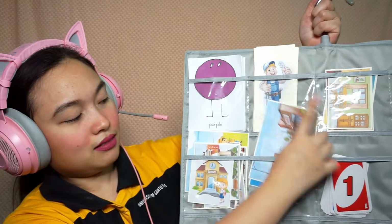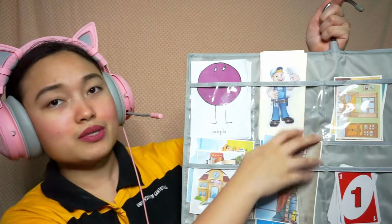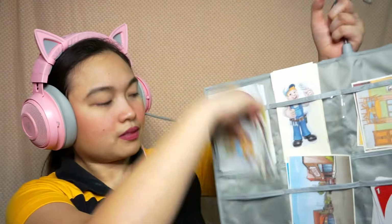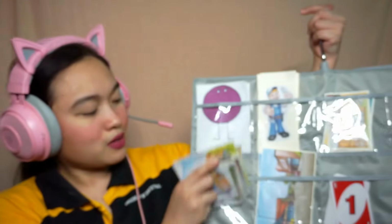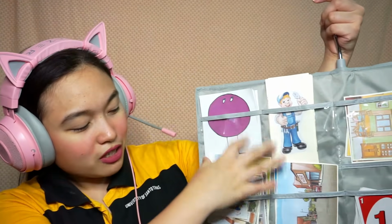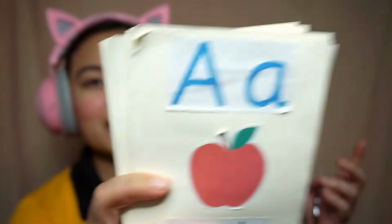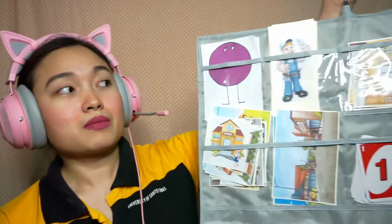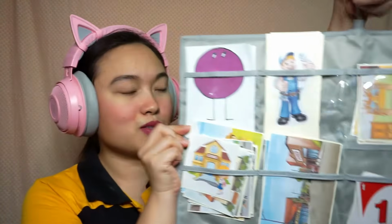And yeah, the typical places that you often use in classes: school, market, farm. I will just show it to you if you want. Like this. So all of these are just printouts. I didn't really buy flashcards because I like to do it myself. These are also printouts. I cut them all and turn them into something like this. And this way you can even choose your own design or whatever you want to print out. So yeah, you need an organizer for that, so that your stuff will not be scattered around and you know